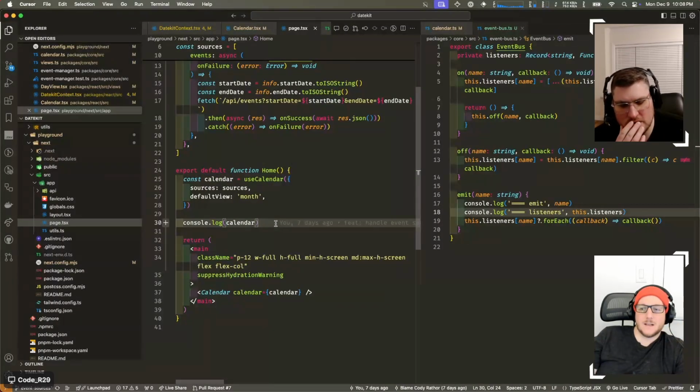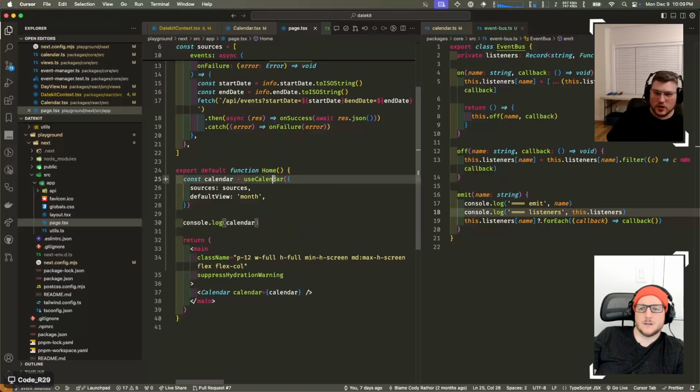So we almost, I mean, go into the use calendar hook again. By your logic, we almost need to make it so that this hook does everything, and then the calendar just shows what's there. Pretty much. But